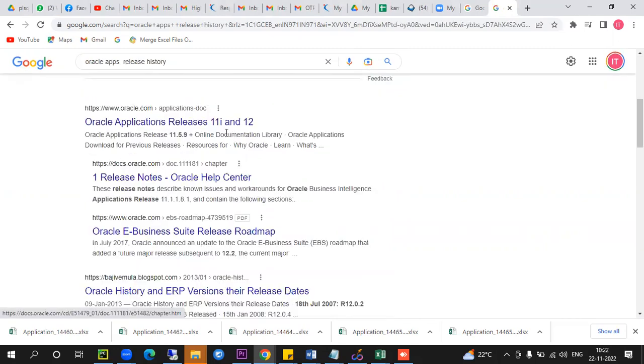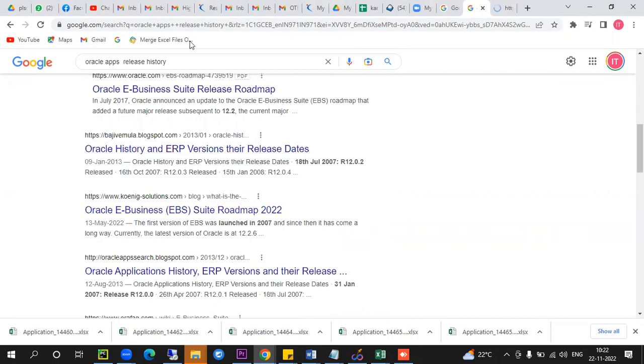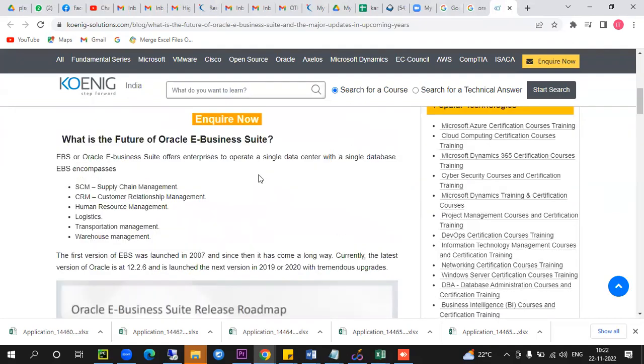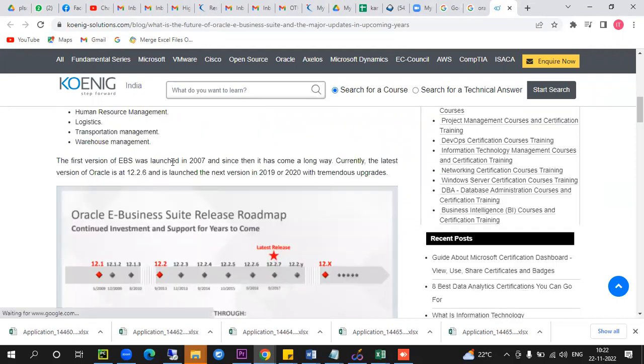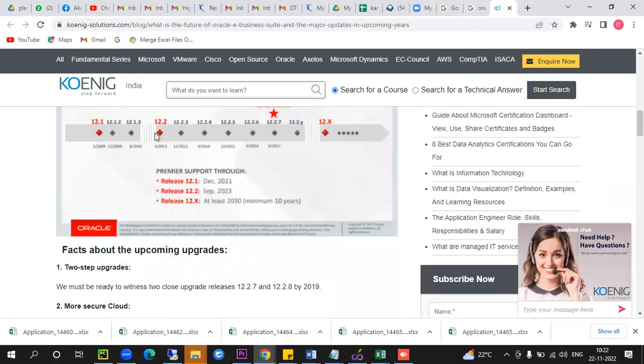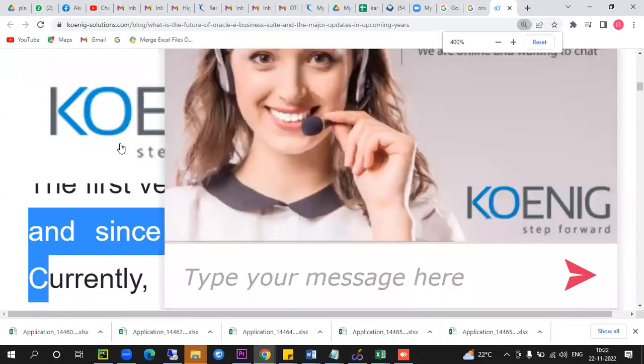You can just read out all the release notes. Yeah, the roadmap is there. So the E-Business Suite was actually introduced in 1987, but R12 and all they released in 2007. These are all only R12. See, on R12 there are so many flavors, so many versions here. If you look at here,